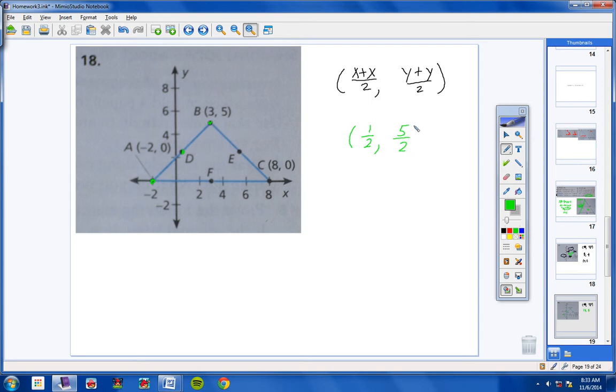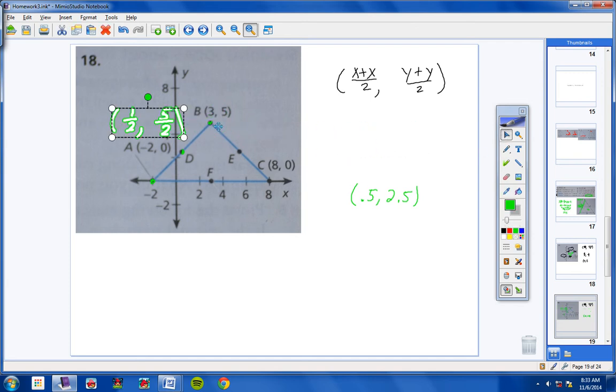Now, if you want to use decimals, that's fine. You are more than welcome to leave your answer like this, or you're also welcome to put 0.5 comma 2.5. Either way is fine, okay? So there's the ordered pair for